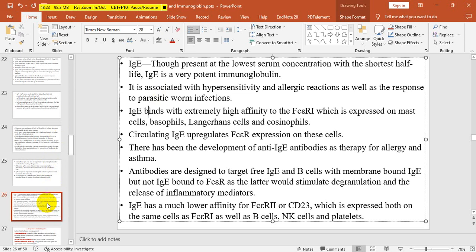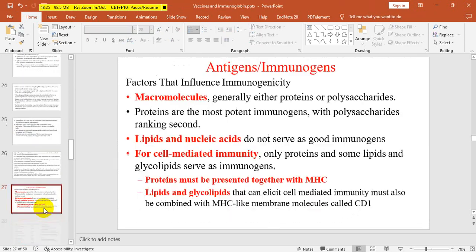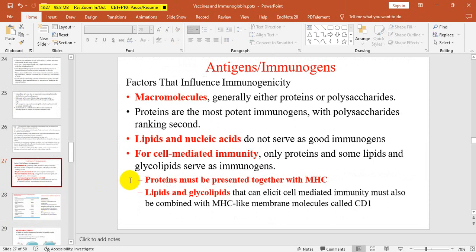Okay, so let's go. So antigens and immunogens. So let's see. Macromolecules, generally proteins, are factors that influence immunogenicity. Immunogenicity is what? The ability of an antigen to elicit immune response. So macromolecules generally either